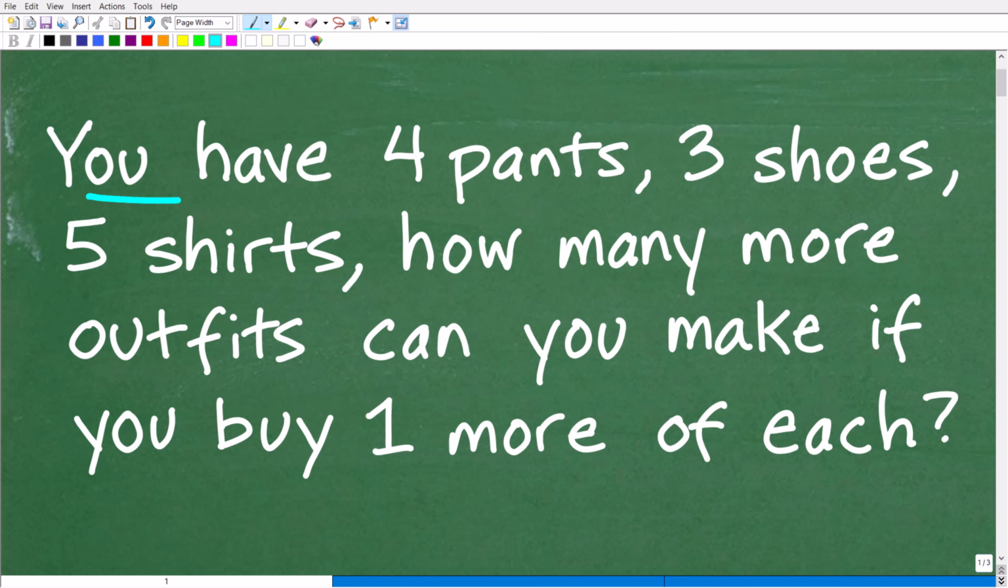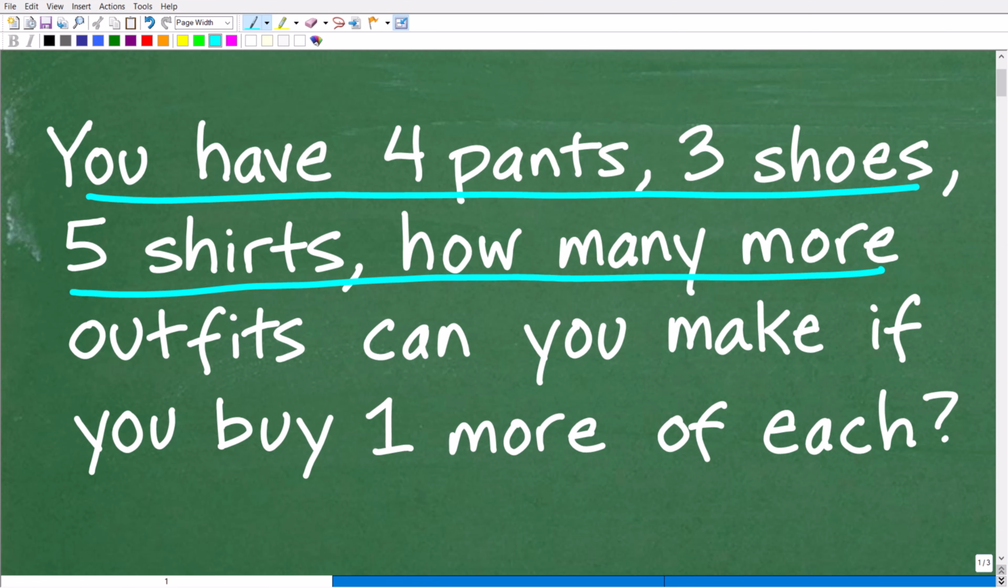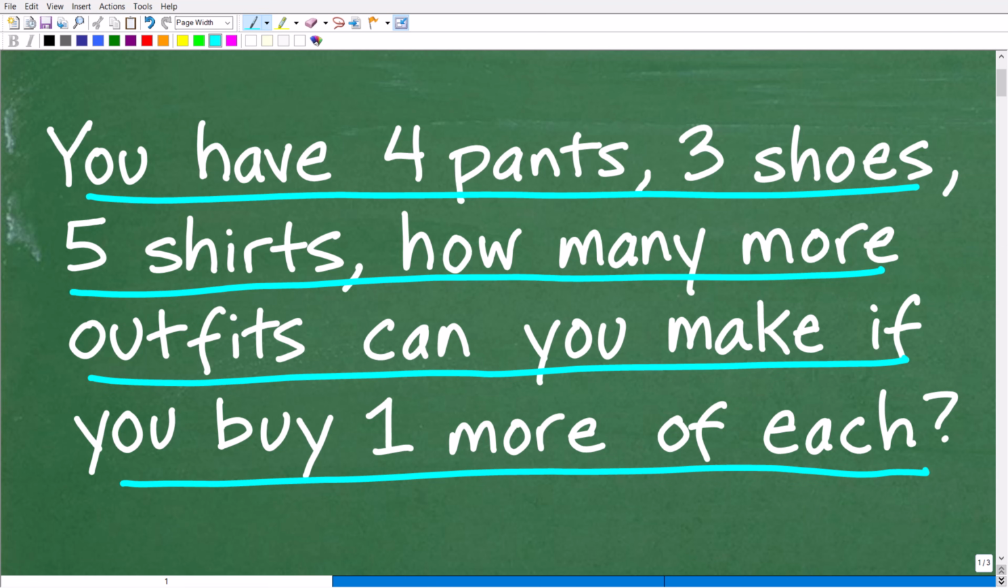You have 4 pants, 3 shoes, 5 shirts. How many more outfits can you make if you buy one more of each? Okay, so that's the question. Feel free to use a calculator, but if you have the answer, go ahead and put that into the comment section, and then we're going to talk about how to solve a problem like this using 2 specific counting techniques